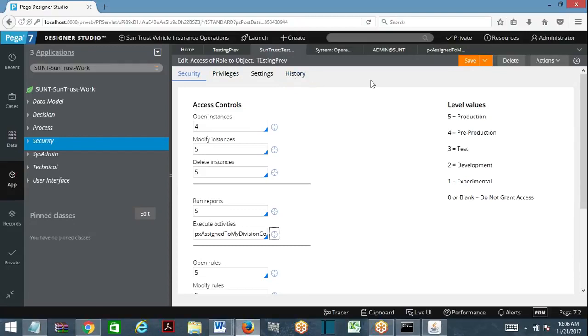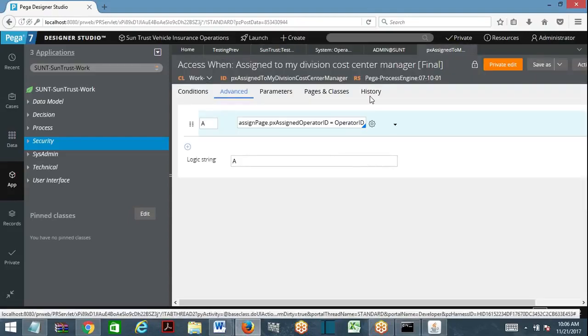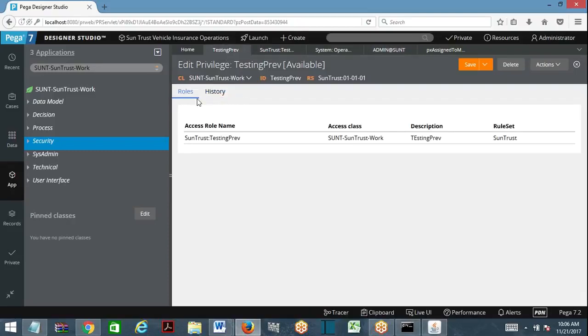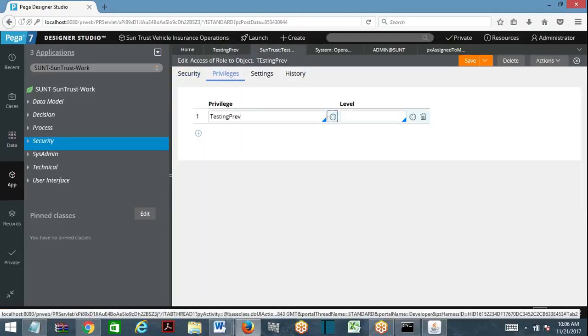Okay, now one more point here. You remember I have a privilege rule which I have created. What is the privilege rule? Testing privilege. The privilege rule I have associated with role to object. Associated or not? Is it a two-way or one-way connection? In the privilege rule you have role to object. Open role to object, in role to object you have privilege. When you create a privilege and add it in role to object, role to object will be added to privilege, and privilege will be added to role to object.